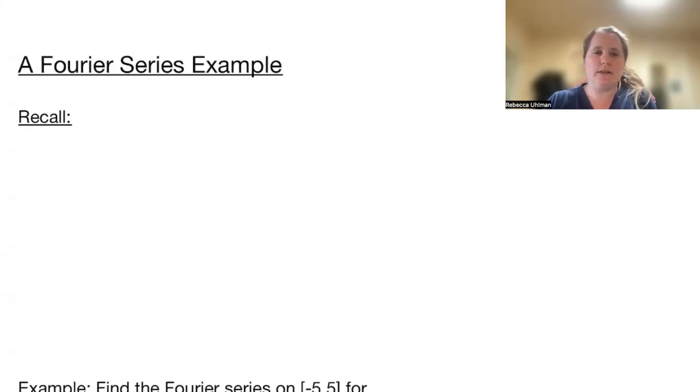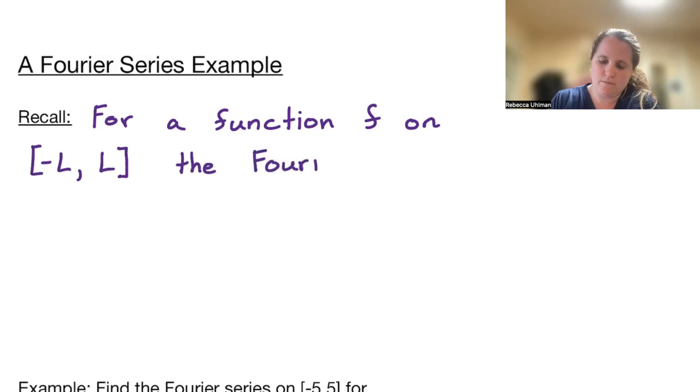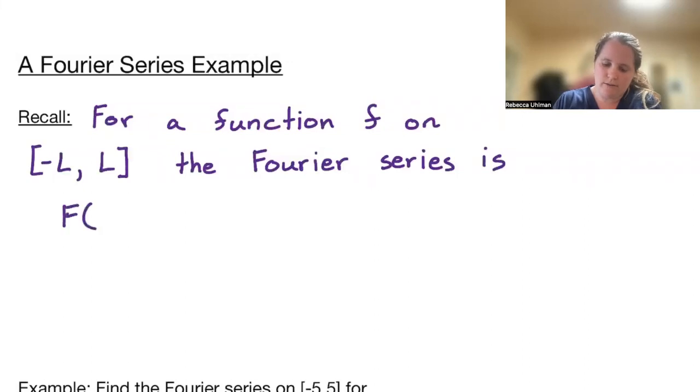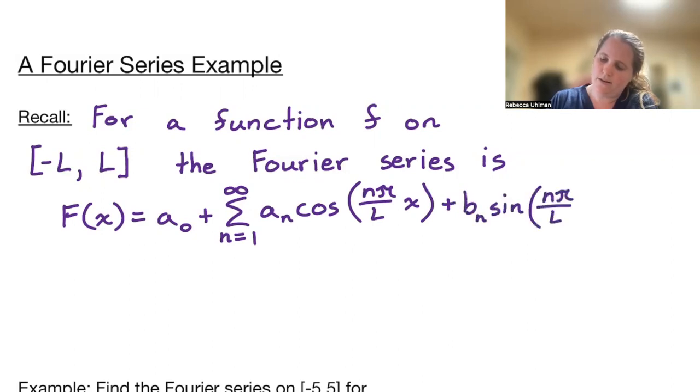Welcome to a Fourier series example. So recall for a function f, on the interval negative L to L, the Fourier series is the function capital F of x is equal to a naught plus the sum from n equals 1 to infinity of a sub n times cosine n pi over L x plus b sub n times sine n pi over L x,